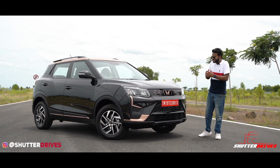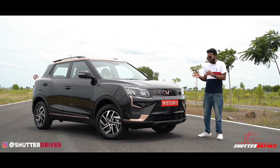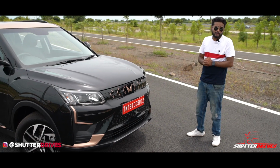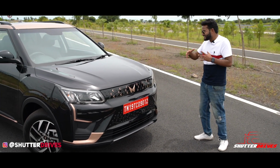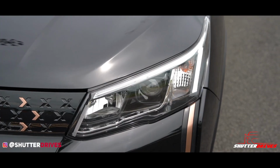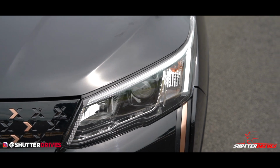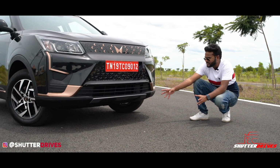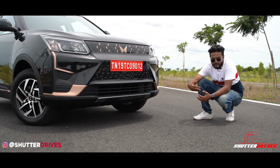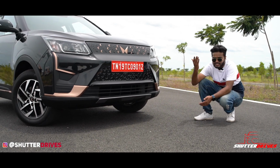But that said, I think this is quite evident here. So talking about the headlamps, you have the typical halogen projector setup which you have seen since a long time, and then halogens for the indicators as well. DRLs are there which are inspired again from its closest sibling there. Moving downwards, the first thing that you instantly notice is there is lots and lots of copper in this car. Again, that is going to be something very polarizing for many people, especially in other shades of blue and white